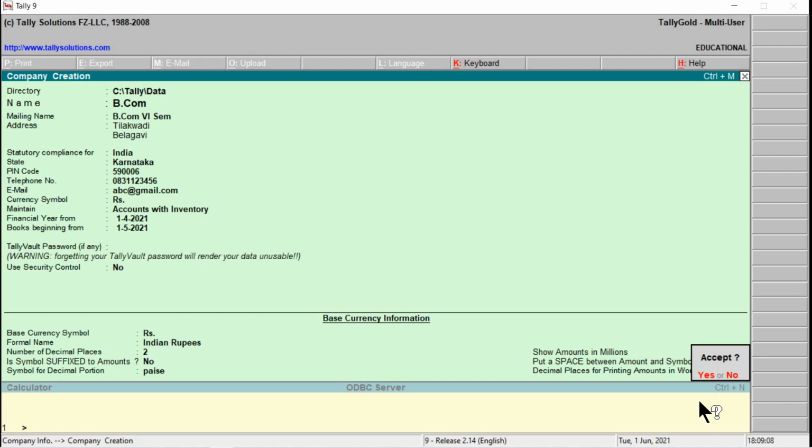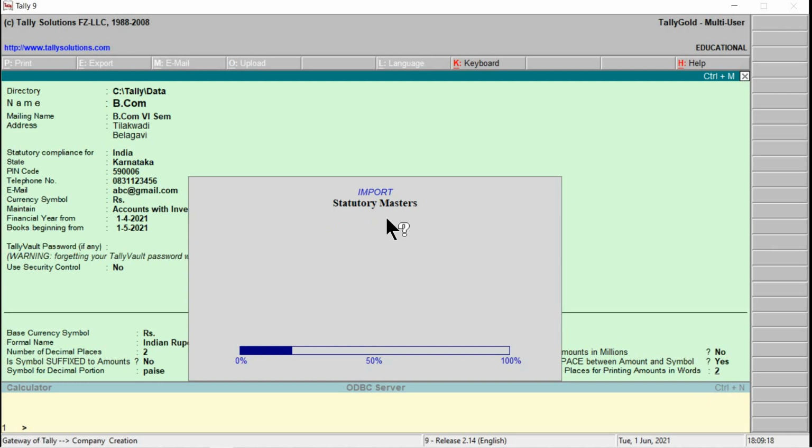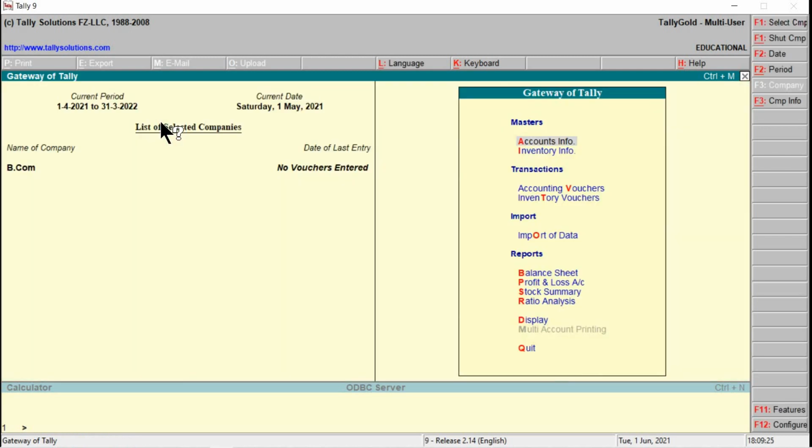Just press Y from the keyboard. Y indicates here what? Yes. N indicates here what? No. Then press Y from the keyboard. Once we press Y, all the statutory masters will be imported to this particular company. Right now the company is created and we are back at the Gateway of Tally.